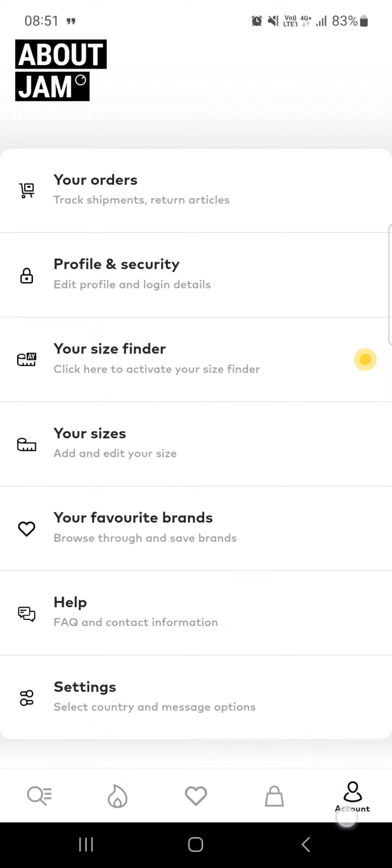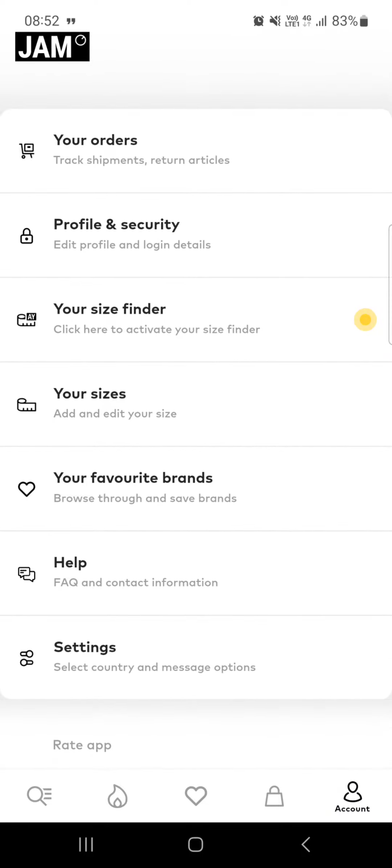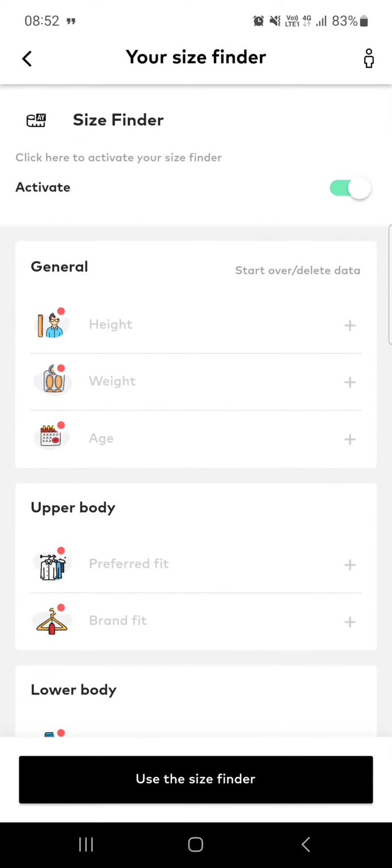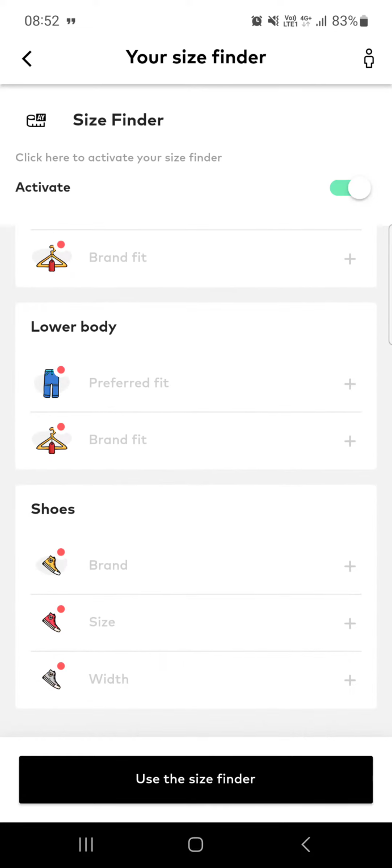In the bottom right corner there is this little figure. Then in the middle we find the your size finder. If we tap on this, then we can add in some